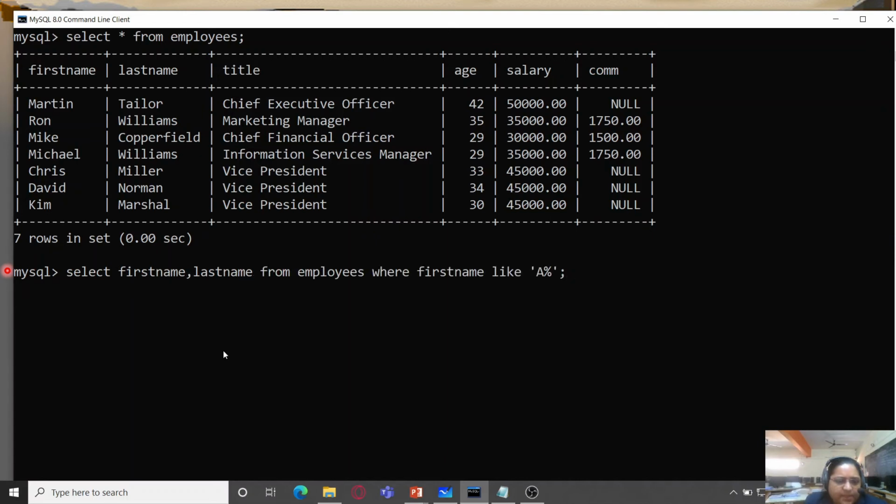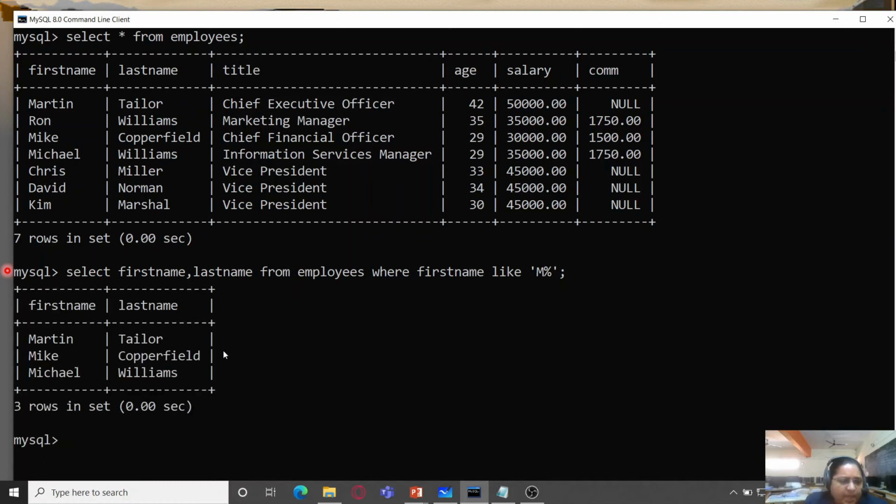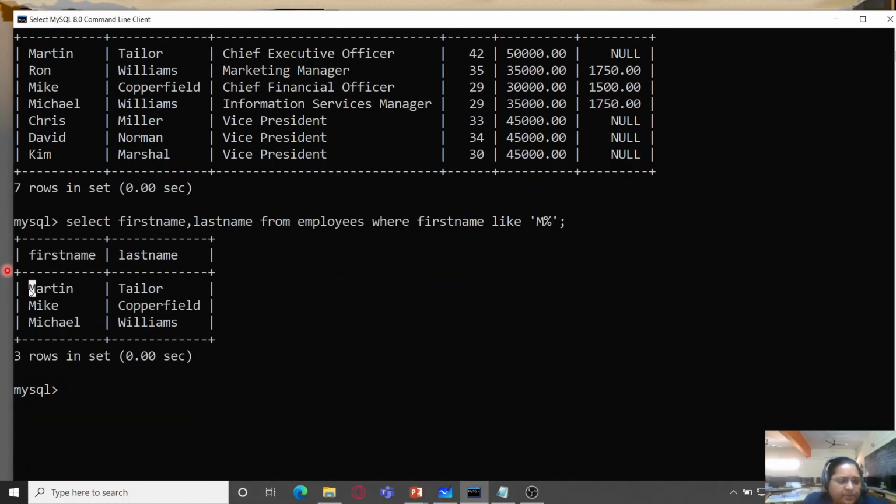I am again pressing it and I get the previous command, and this capital A I am replacing with capital M, and you can see that we get three names over here: Martin, Mike and Michael. The last names are not important because we have only provided this clause, that is, first name should be like M percentage, which means first name should start with capital M.